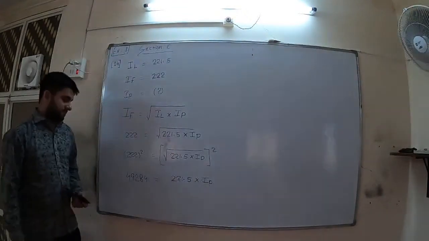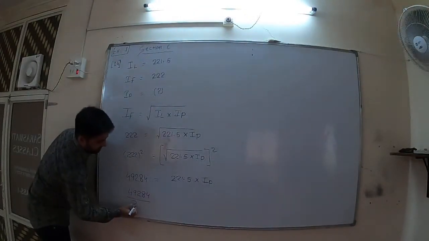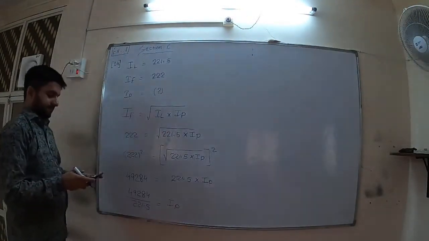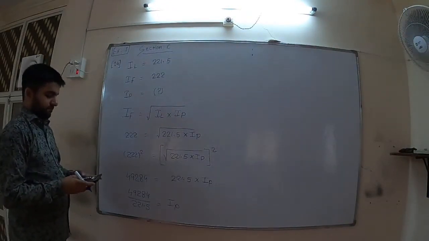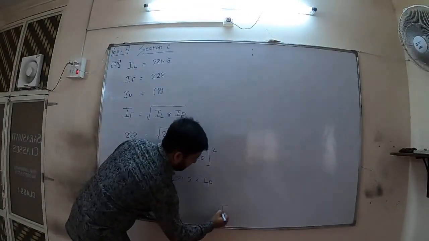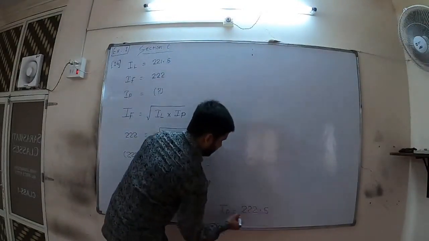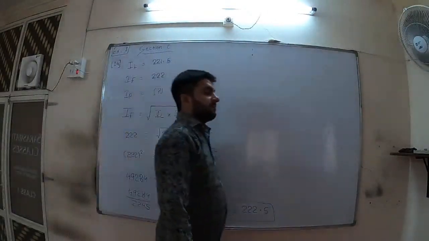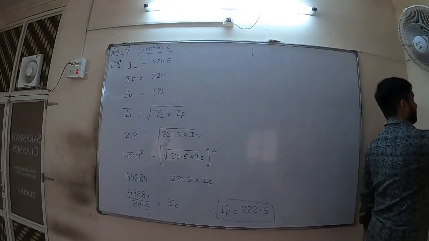Square root and square removed. Now 49,284 divided by 215 is equal to IP. Now, thus IP is equal to 229.browser 222.50 means very simple. Okay, so that's all for today. You may write the things which we have learned today and very soon